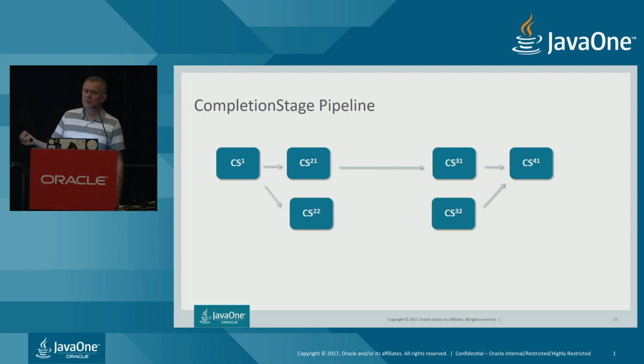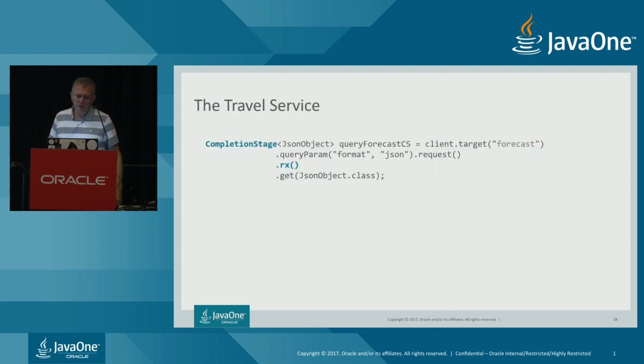Now, this CompletionStage API is quite complex. There are a lot of methods in it, and also a lot of methods in CompletableFuture. It's a bit cluttered and not easy to understand at first. What we are going to do here is present a simple pattern to solve the problem that we have set up with David, that is triggering queries on REST services given the list of destinations we have. So let's go.